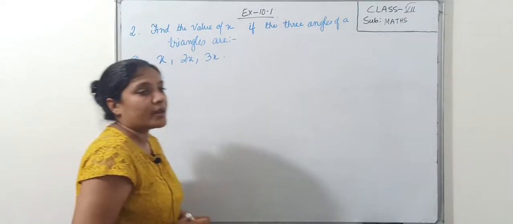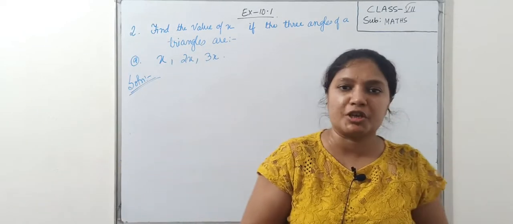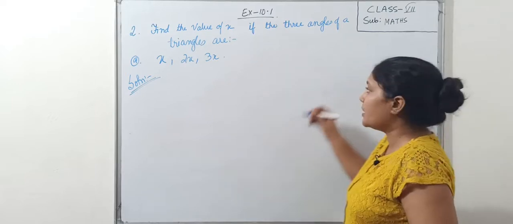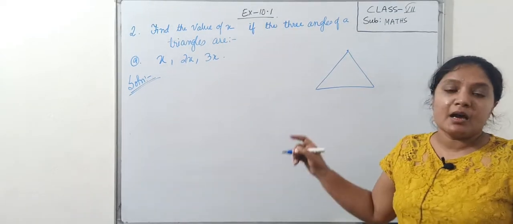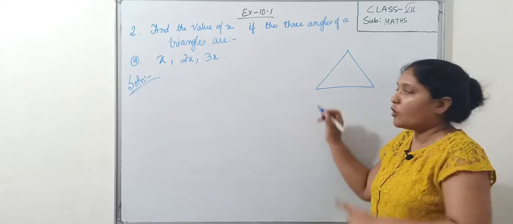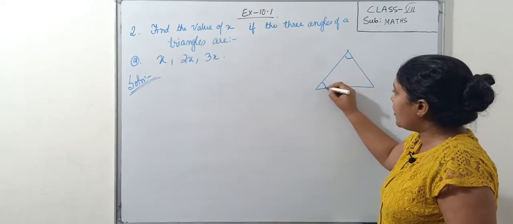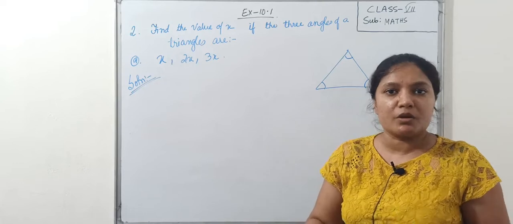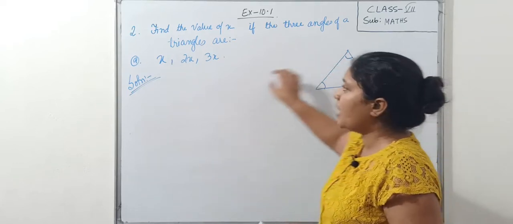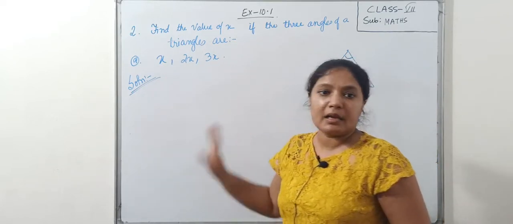Now students, one thing you see, in our first question what it was given? It was given in the form of diagram, right? First question में क्या दिया हुआ था? डायग्राम के फॉर्म में दिया हुआ था और एंगल्स कैसे मार्क किया हुआ था? यहाँ पे ऑलरेडी मार्क किया हुआ था. बट क्वेश्चन नंबर 2 में क्या कर दिया? क्वेश्चन नंबर 2 में डायग्राम ड्रॉ नहीं किया और एंगल्स को सेपरेटली लिख के दे दिया.